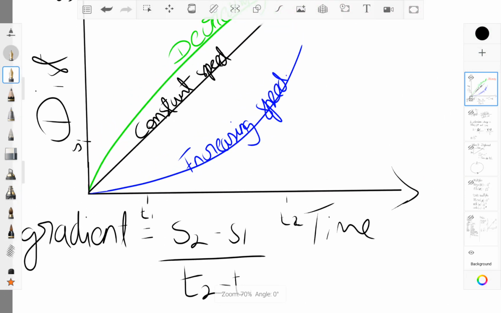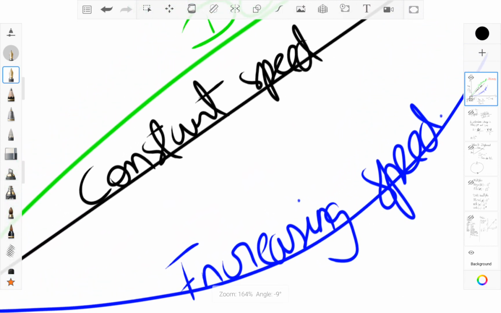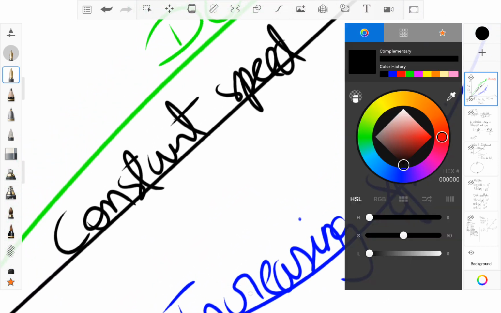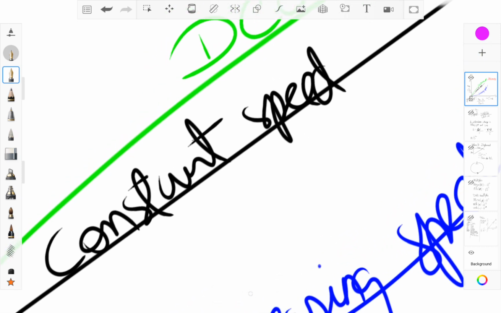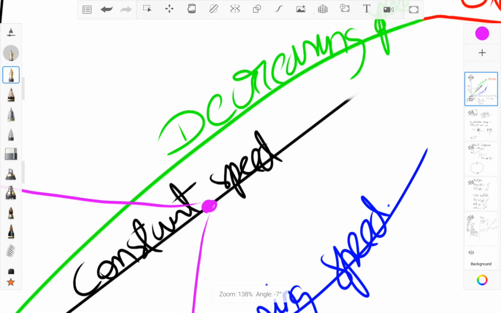So from this you can deduce that when you calculate the gradient of a curve in a distance time graph, you're basically just doing distance over time, which is just the speed or velocity. So the gradient in a distance time graph is the speed or velocity. Now if there's constant speed, you can simply choose any point. Let me use purple. You can simply choose any point if it's constant speed, and then just calculate the gradient like this. But for increasing or decreasing speed,